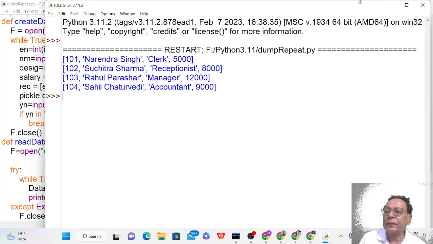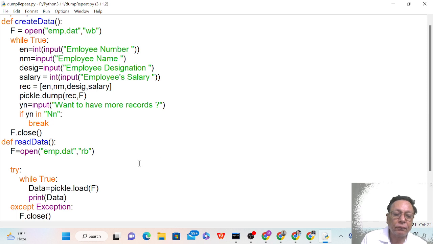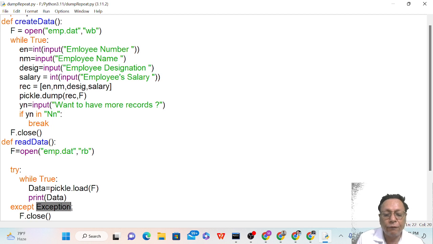So in this case, you have observed that I am taking one loop and repeatedly I am loading the data from the binary file. So this time we have used a load function multiple times. Multiple times मतलब जितने records हैं उतने टाइम्स ये लोड चलेगा, यानी जब तक एंड ऑफ फाइल नहीं हो जाएगा तब तक ये लेता रहेगा। या हम यहाँ पर EOFError भी कर सकते हैं, देखते हैं EOFError।